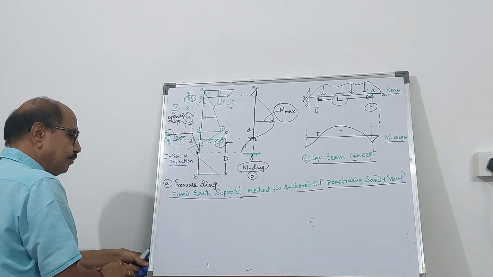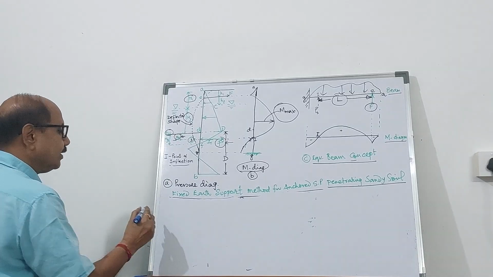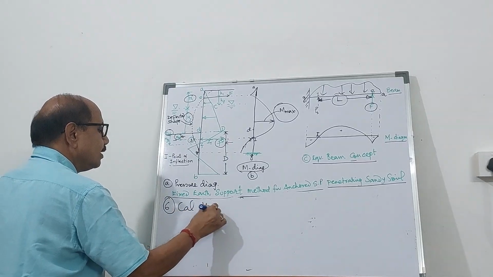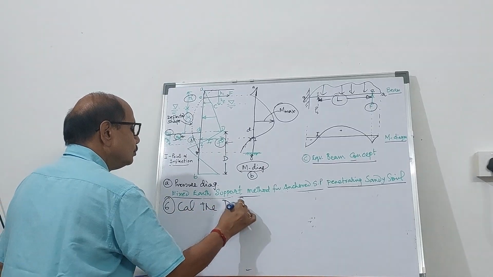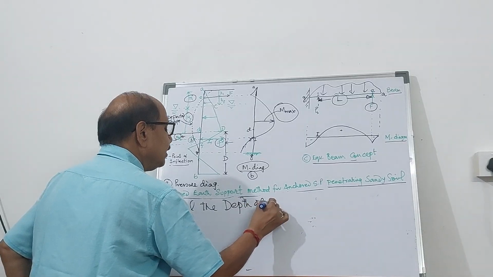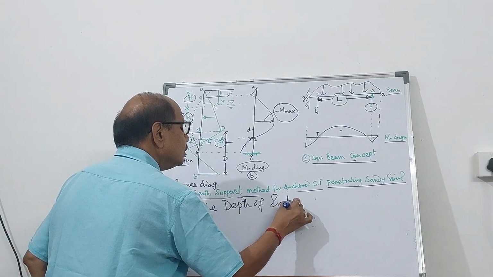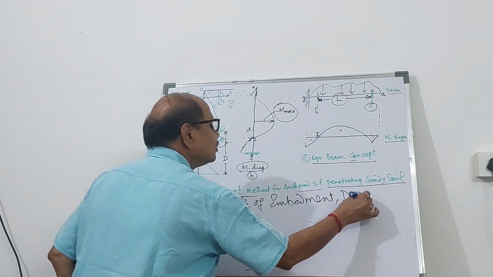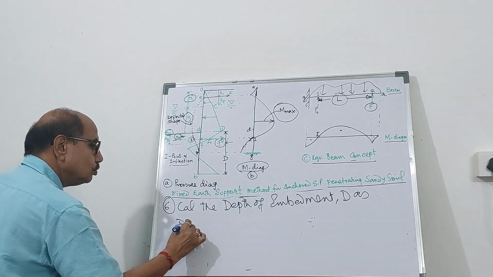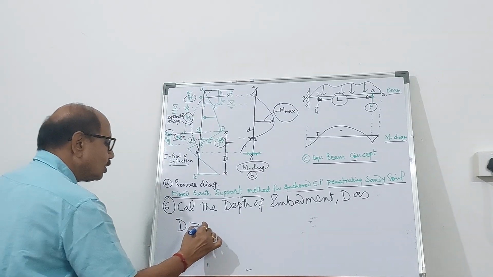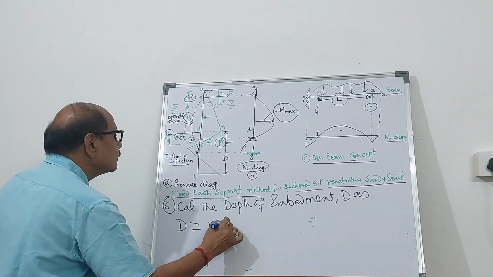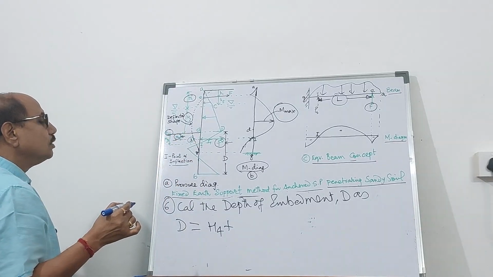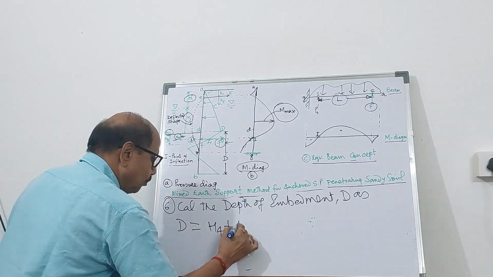So the next step will be to calculate D. So calculate the depth of embedment D as D equal to H4, this distance up to the point of inflection, plus 1.2